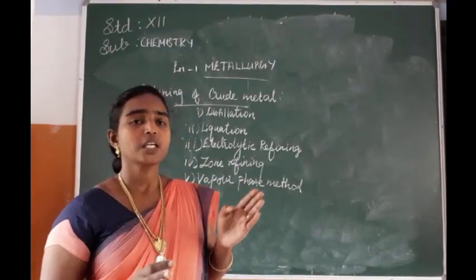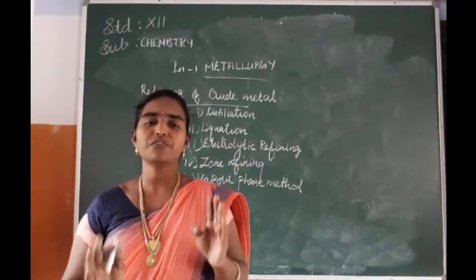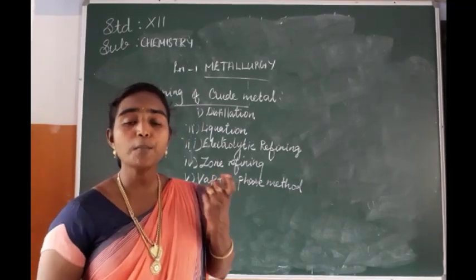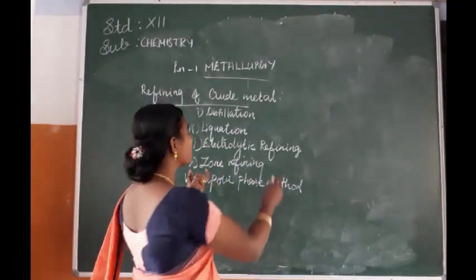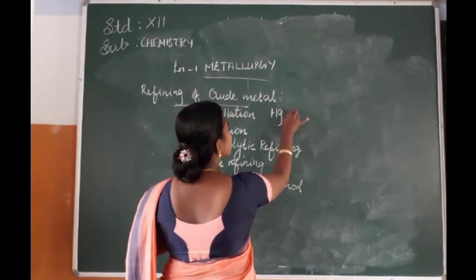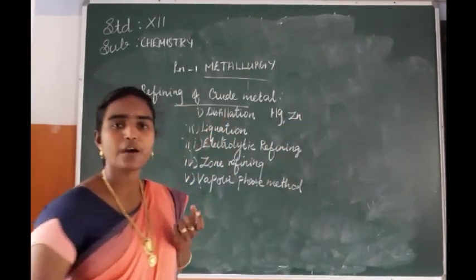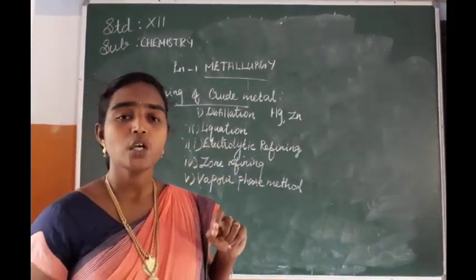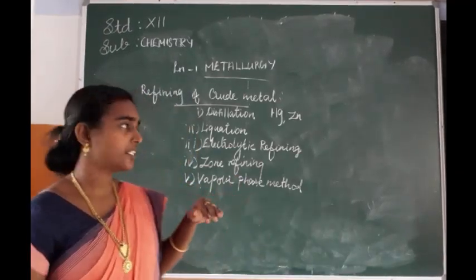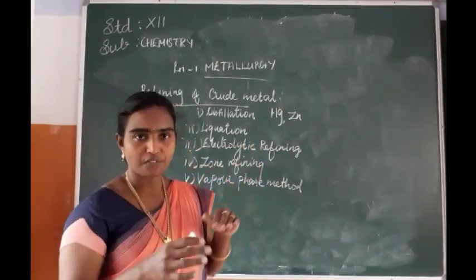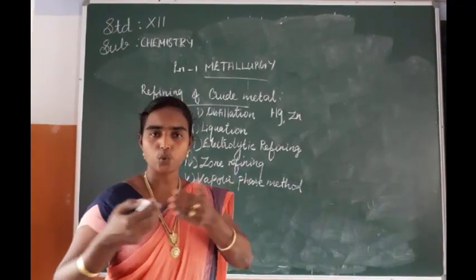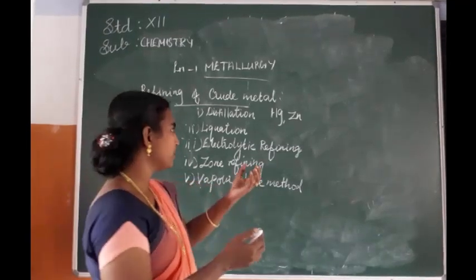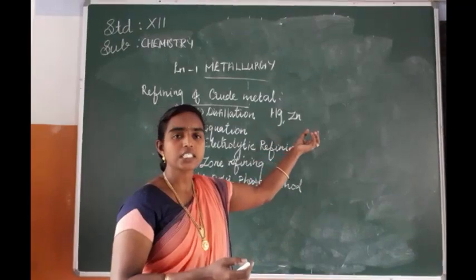Okay. So usually, this distillation method is suitable for the metals which are low boiling liquids. Okay. So what's the condition? Low boiling metals, for example mercury, zinc, such type of metals can be purified by this distillation method. Okay. So what we have to do is impure metal. After concentration of the ore, we have extracted the crude metal. So this crude metal is taken for process. This crude metal may be mercury or zinc.